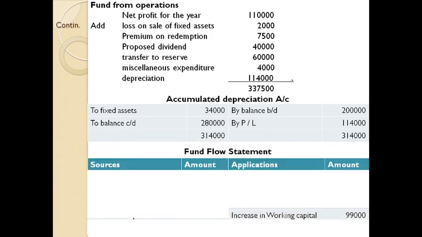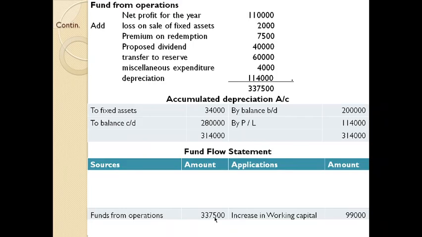Once you have prepared fund from operation, next you need to prepare the final step, that is the fund flow statement, and you know the steps for preparing the fund flow statement. Let us begin with the first item, increase in working capital. That was the first statement of the schedule which we have prepared. There was an increase in working capital, so it is shown on the application side. After that, let us begin with fund from operation. It is a source, fund from operation